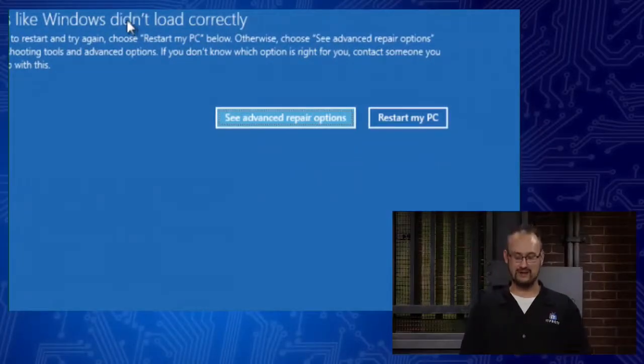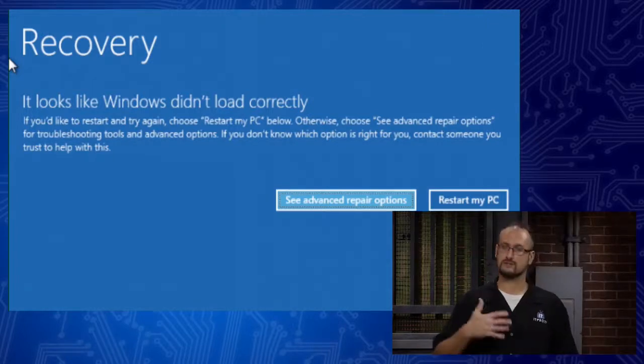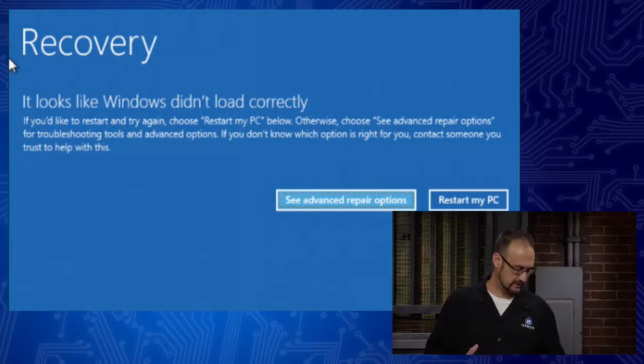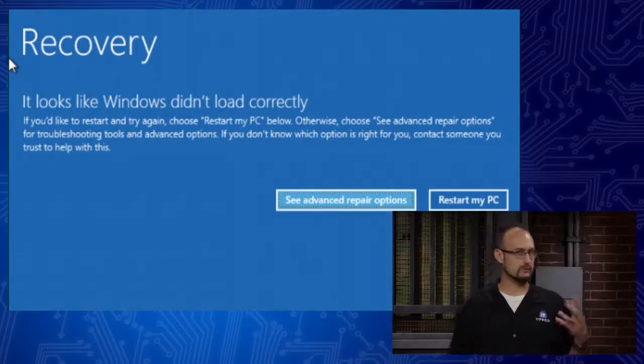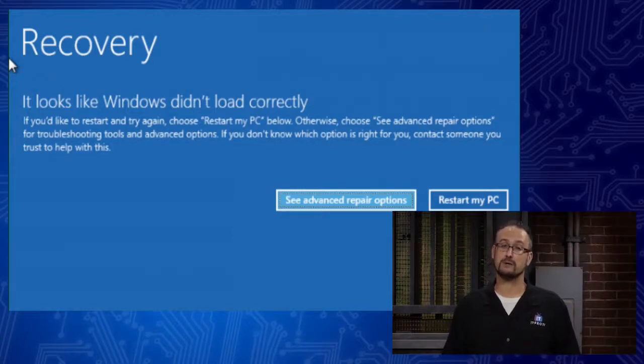Thank you. Absolutely. So I tell you what we're going to do. We're going to leave you with a cliffhanger, right here at this recovery environment. In fact, if we could show that one more time, thank you to our director. We're going to go a little farther and show you some of the advanced repair options if you come across spontaneous reboots, improper shutdowns, failure to boot, or crash screens, and you might have to fix your operating system. But it looks like you're going to have to come back for a part 2, and we might have to put a comma in this one.